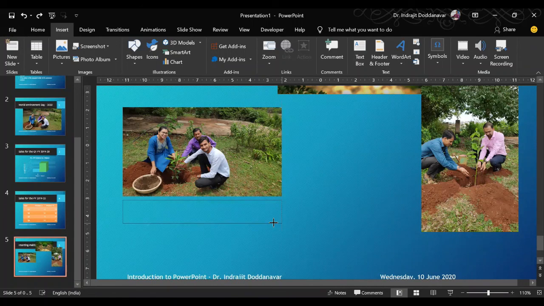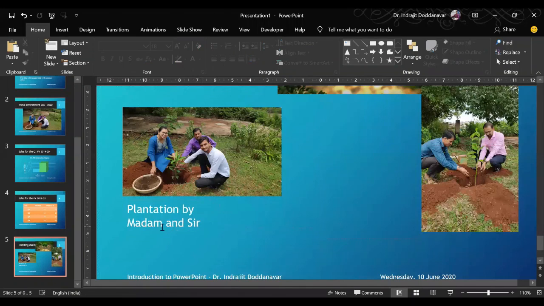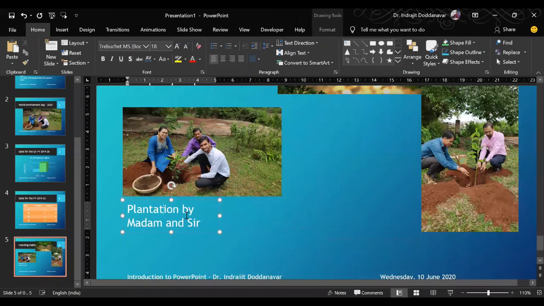So once you drag it, you will get a text box opened here, and here you can type. Right. So here, as you can see, it has gone to the next line.